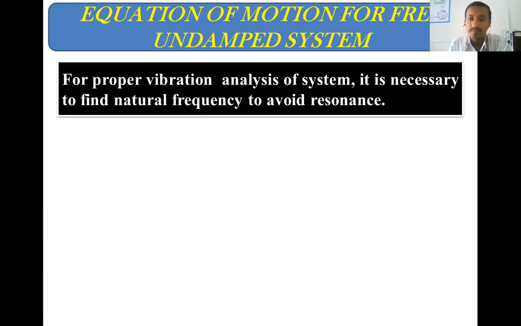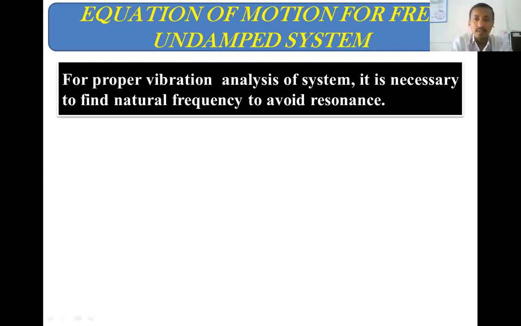In vibration, it is called the equation of motion for free undamped system. In the first unit, we are only focused on the free vibrations. Free vibration means the vibration which occurs when we make the initial disturbance. मतलब पहले उसको फोर्स अप्लाई करने का, उसके बाद छोड़ देने का, सो अपने आप वो वाइब्रेट करता है, तो उसको हम क्या बोलते हैं? फ्री वाइब्रेशन. So we concentrate only on that free vibration.